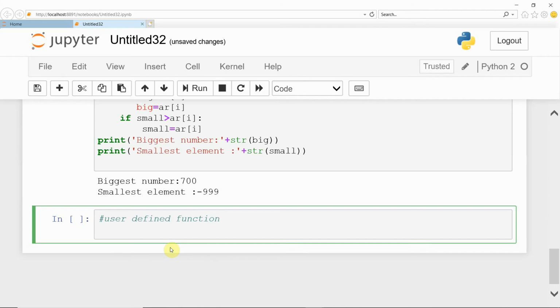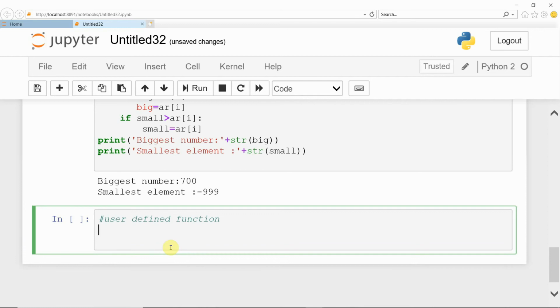For example, consider you want to find the area of different shapes. Define an area function, area of a circle, area_circle with the radius.